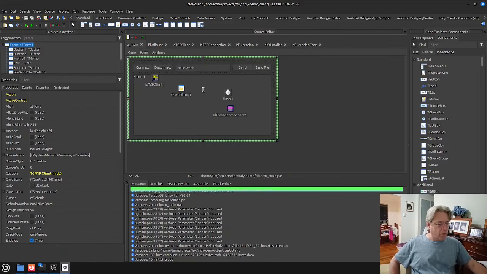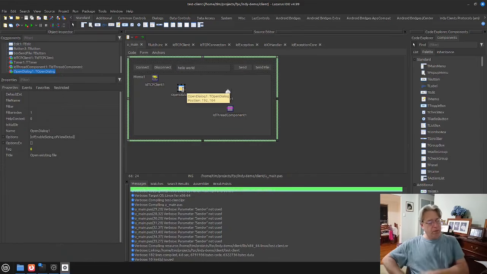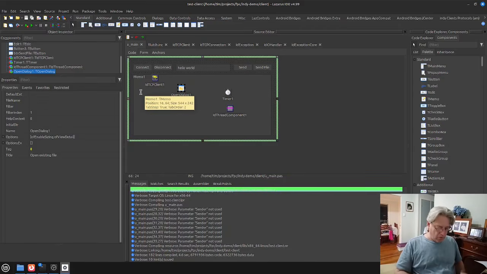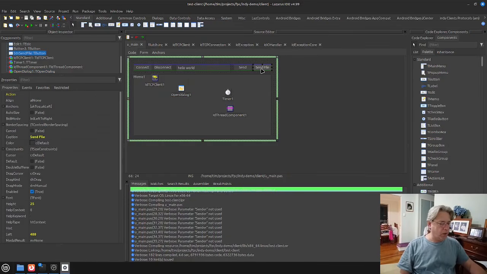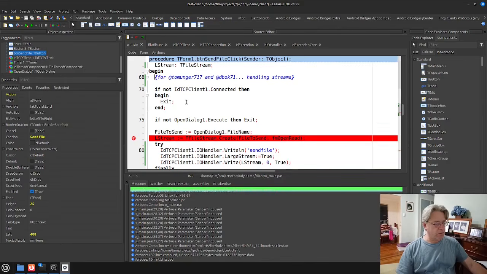The only component that was added to this particular client demo was an open dialog. I didn't set any properties, so it's just as ugly as you can make it. We also added this send file button, and we're going to look at the code behind that one, which handles the sending of a file of my choosing to the server. So if we go and look at the code for this,